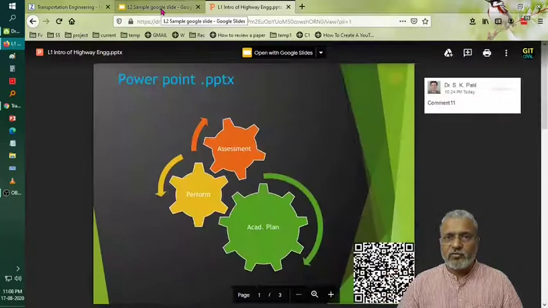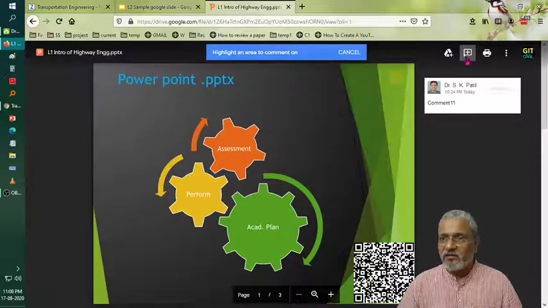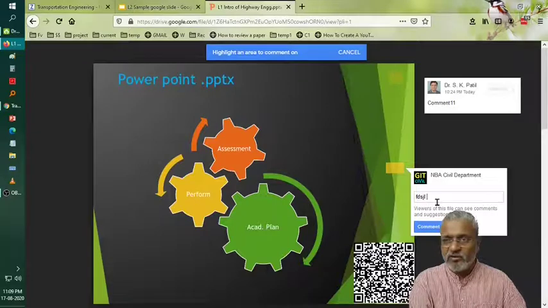Okay. So if the student is opening the PowerPoint presentation format, we know we can upload the format in PPTX, but for the student to edit it, it has to be in Google Slides. But still the student can view it, run it, and he can give comments like here. Okay, so here we have to add the comment. To give a comment on the PPTX format, the student has to select some area within the presentation, and then he will be able to write some comment.